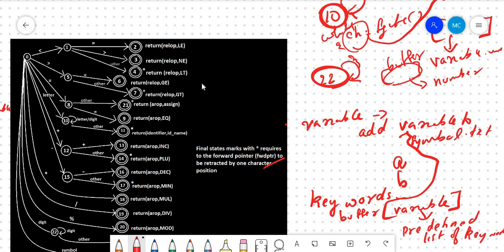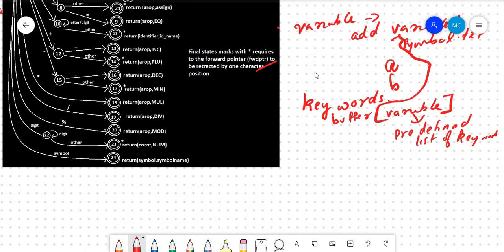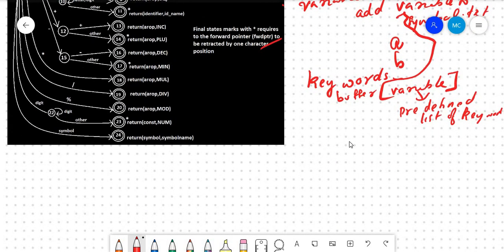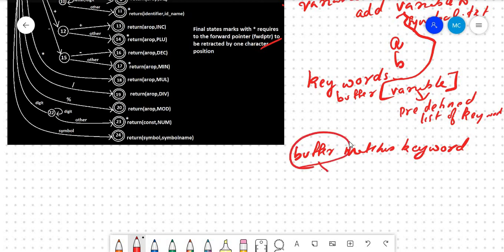If the buffer matches the keywords, then instead of adding it into the symbol table, you will print that whatever is there in the buffer is a keyword.